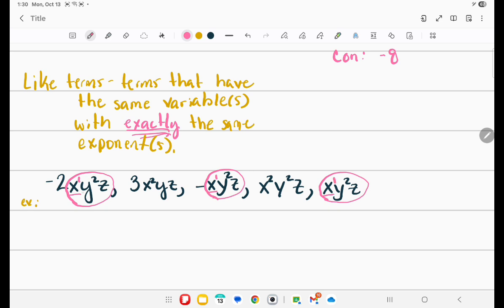Let's check the y. What's the exponent on this y? What about this one? So far, so good. What's the exponent on this z? If you don't see a number, it's always an understood 1. 1. And the last one? 1. All right. So because they have the same variables and each variable has the exact same exponent,